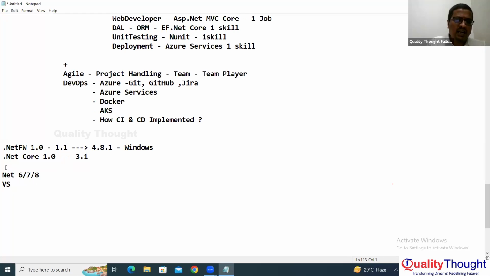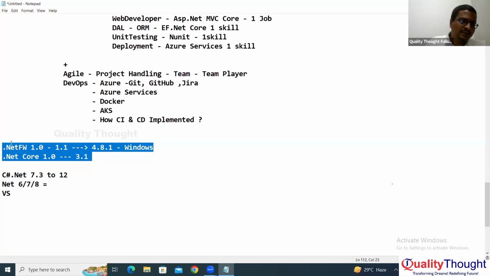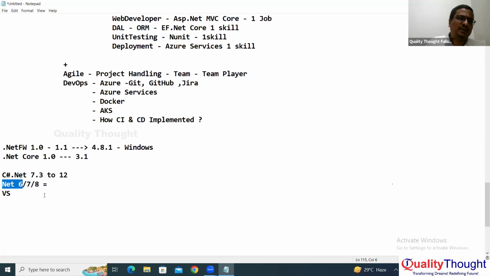That is one important thing. And you need to learn one language that is fixed, called C#, from version 7.3 to C# 12. These two are not required, remember. Now you need to learn the .NET 6 or 7 or 8 version. Why are these two to be ignored? Because these two are merged as a part of this one, remember. So .NET is equal to .NET Framework, which is earlier, and .NET Core plus